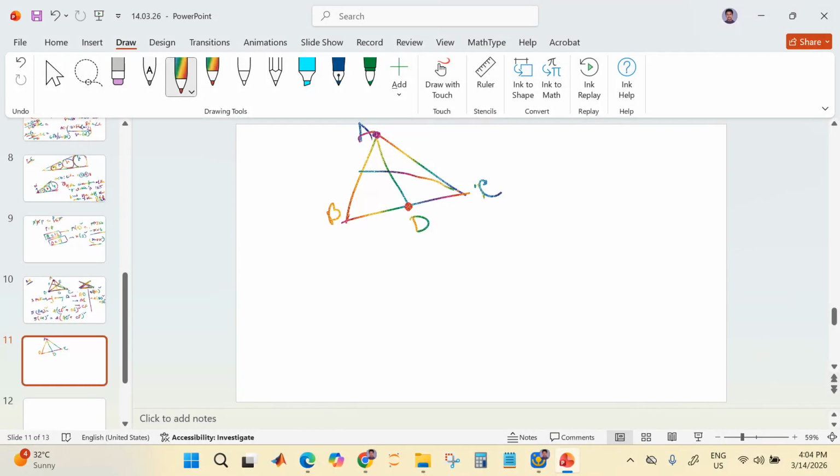So this is a median. এই যে তিনটে ফিগার আমি ড্রয়িং করলাম এটা হচ্ছে মিডিয়ান, আর মিডিয়ানগুলো সবসময় একটা পয়েন্ট থেকে মিট করে। তাহলে বিই, সিএফ, এই তিনটে মিডিয়ান, মানে ডি হচ্ছে বিসি এর মিডিল পয়েন্ট, এ থেকে জয়েনিং লাইন ড্রয়িং করলে এটা একটা মিডিয়ান। সিমিলারলি ই হচ্ছে এসি এর মিডিল পয়েন্ট, বি থেকে জয়েন করলে সেটা একটা মিডিয়ান। এফ হচ্ছে এবি এর মিডিল পয়েন্ট, সি থেকে লাইন জয়েন করলে সেটা আরেকটা মিডিয়ান, দ্যাট ইজ এডি, বিই, সিএফ, এই তিনটে হচ্ছে মিডিয়ান।